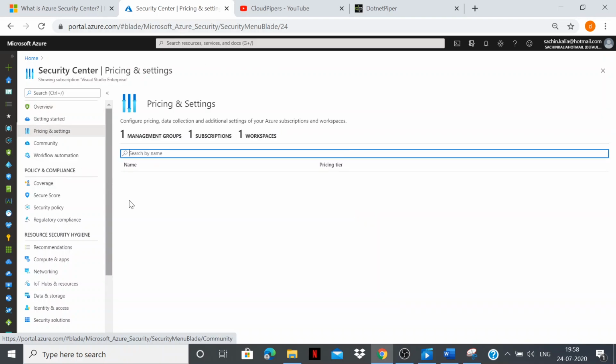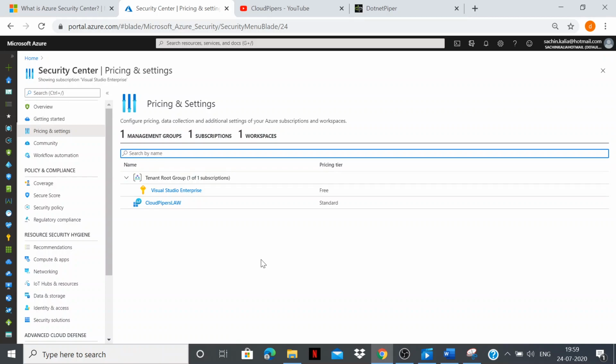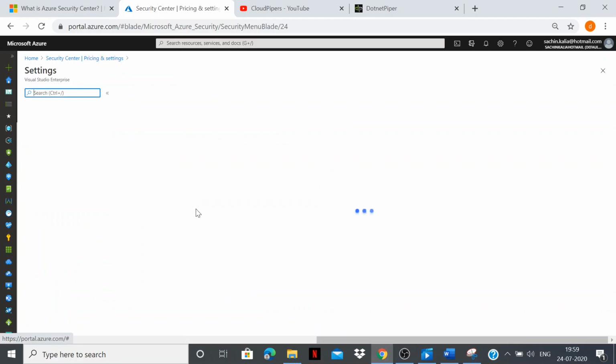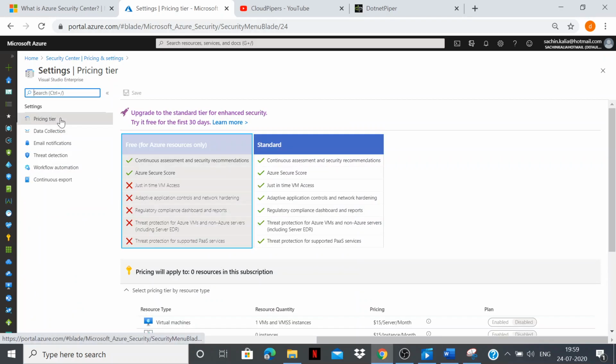So once I click onto pricing and tier, as you can see, I do have one tenant and subscription and one Log Analytics workspace. If I click here onto my Visual Studio Enterprise subscription, then we do have a few options available onto the left side: pricing tier, data collection, email notification, threat protection, and workflow along with continuous export. So I'll be going through each of these one by one. But prior to that,